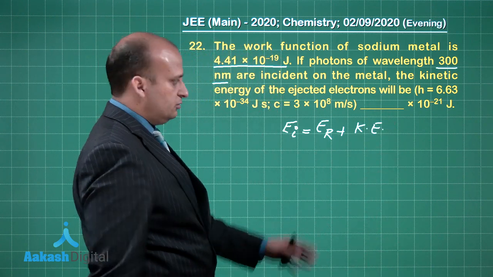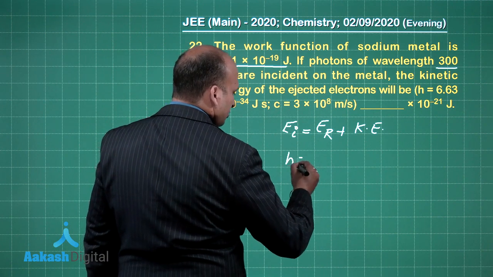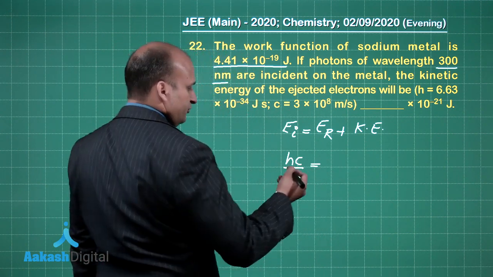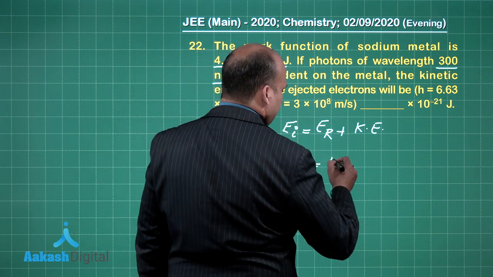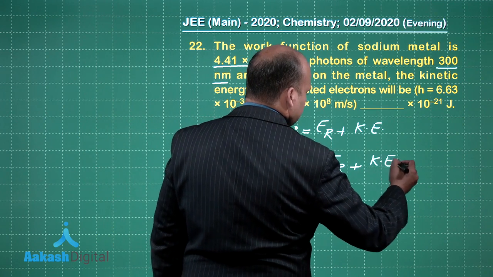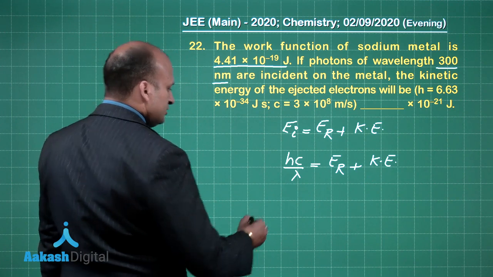What we have to find out? The kinetic energy. Now, incident energy, because we are given wavelength, so I will write hc by lambda. This is equal to the work function, which I am writing as Er, plus the kinetic energy. Now, let us put down the values. What is the value of h given to us? It is given as